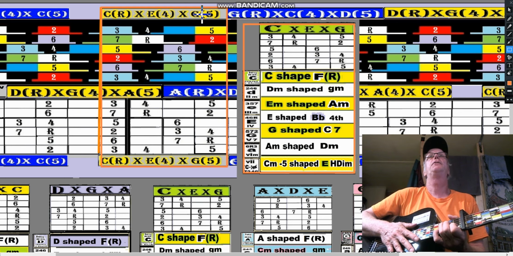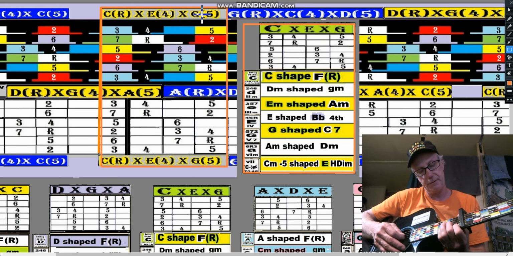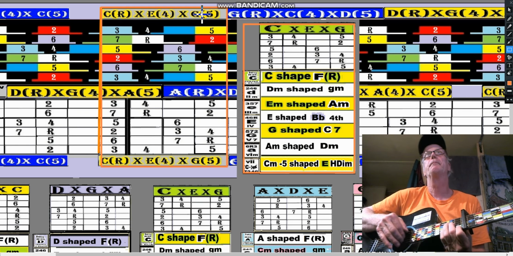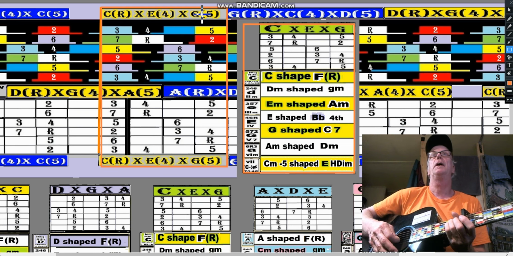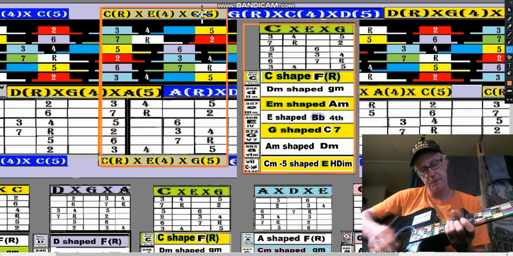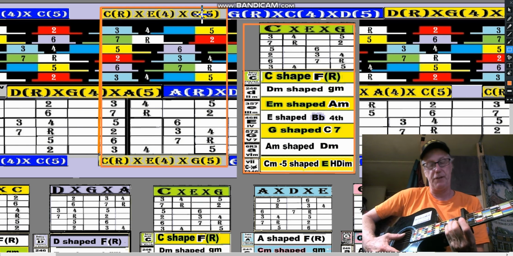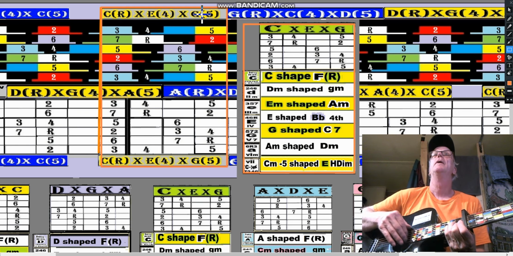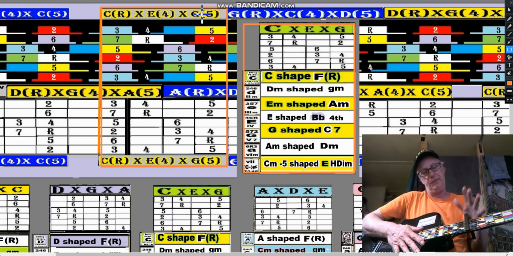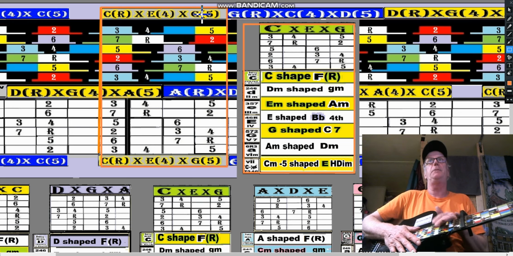Now where it gets fun is when you do the D minor shaped G minor and the E minor shaped A minor, and the A minor shaped D minor, which is the sixth. Alright, now if you ask me, limiting yourself, if you